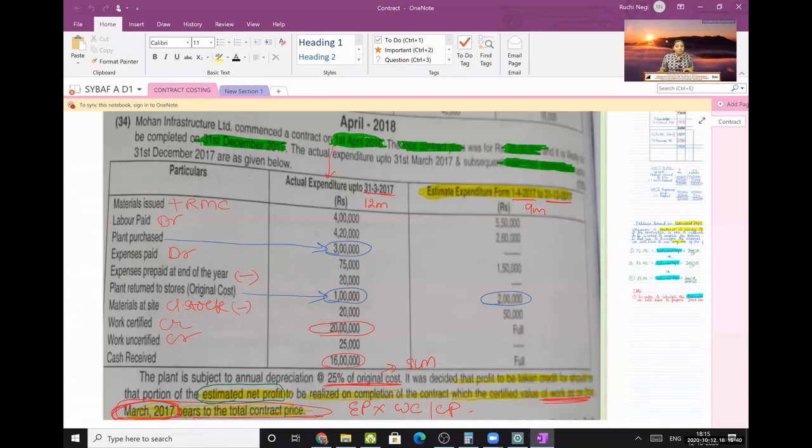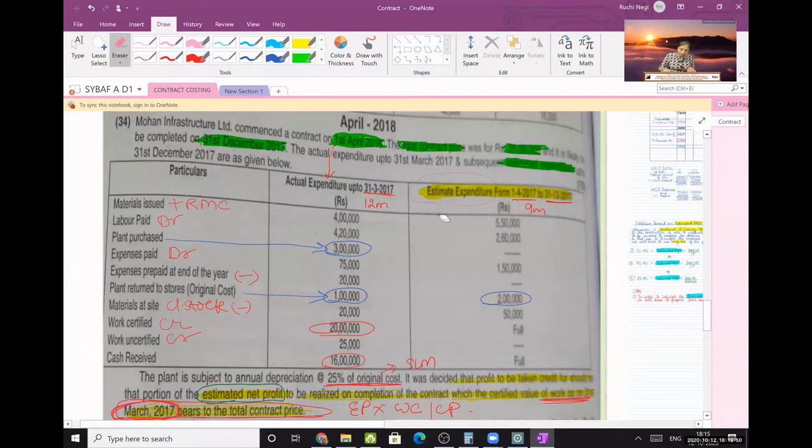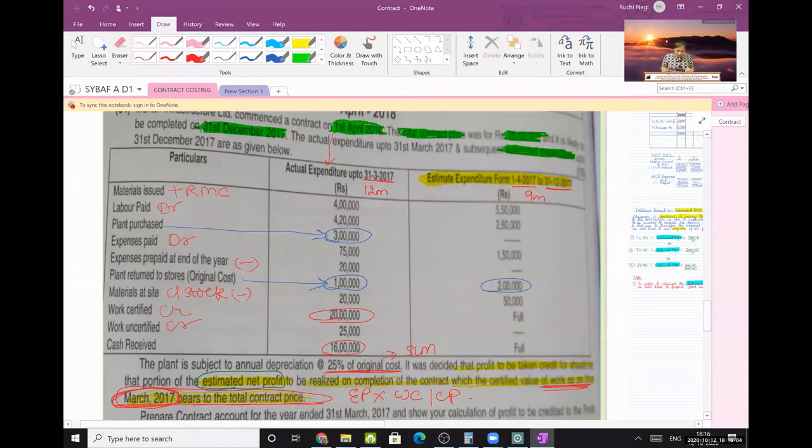Yeah, right. So this is the question, the April 2018 question we had started with. So this is the probable question. This is the actual expenditure. I told you how to identify it's an estimated contract costing sum. This word, estimated expenditure, will be given to you. With this you will come to know that it's an estimated contract costing sum. Raw material issued, labor and all that is given to you, closing stock is there.